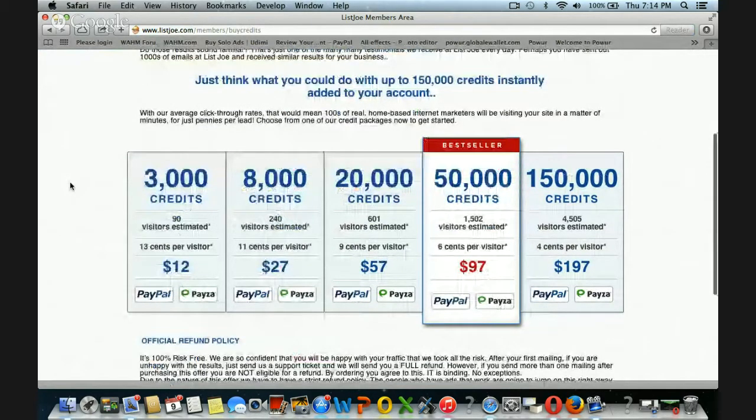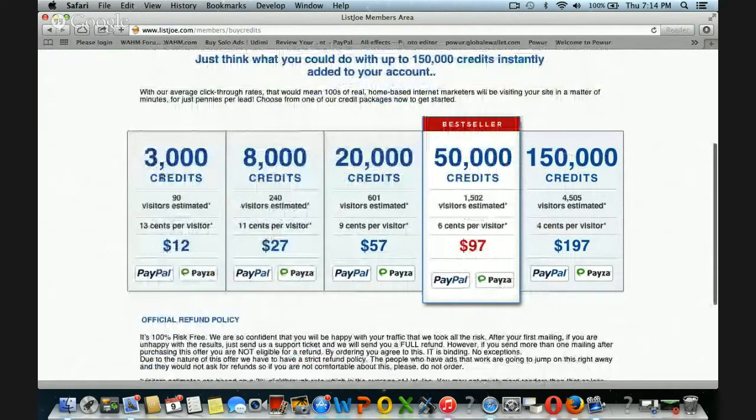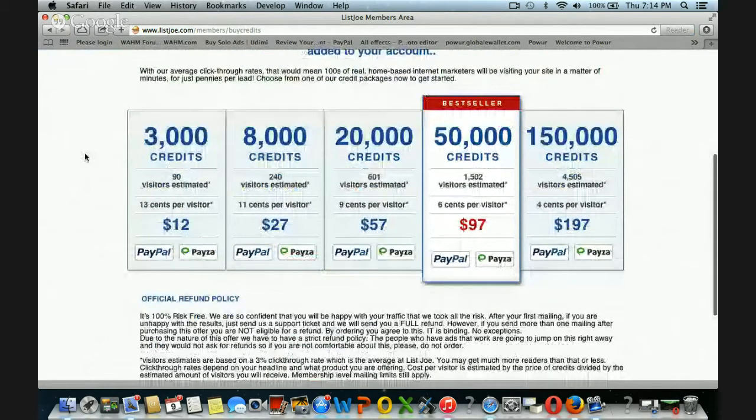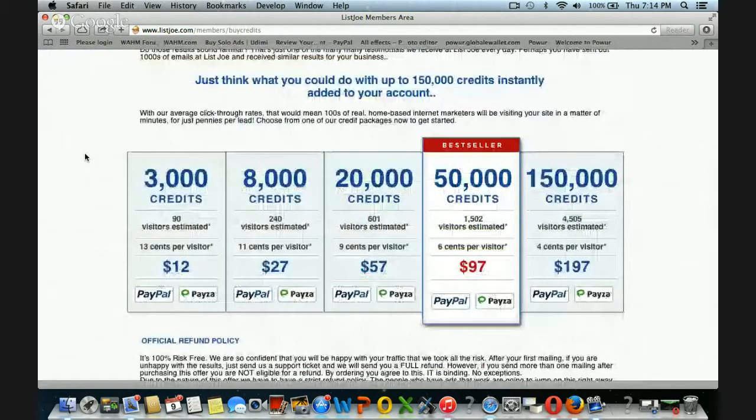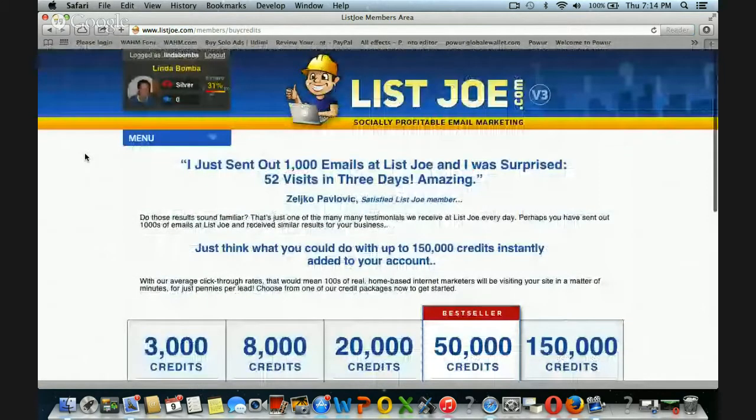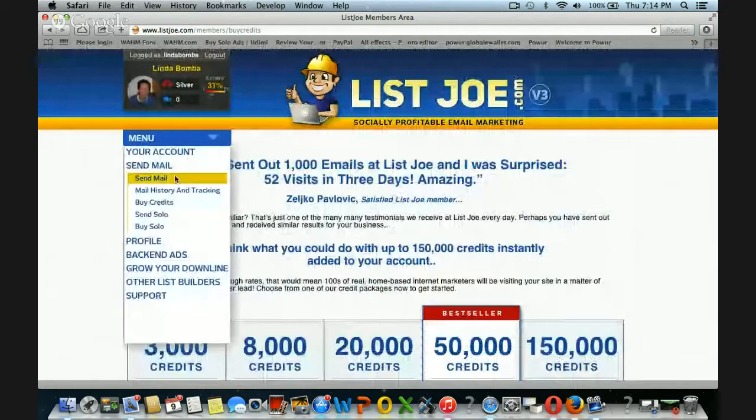But if I wanted to, and actually I still couldn't send an email because I'm still a day and 3 hours away, I could buy more credits on top of the account that I had. And actually I would do that, because that's only like $12 to show you how to actually send an email. And it's really pretty easy.